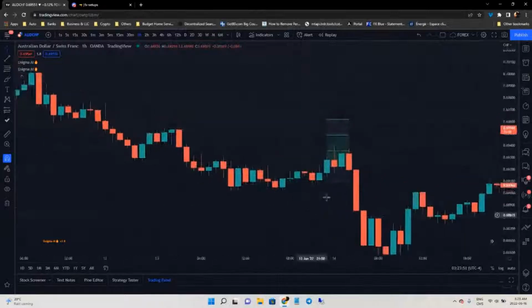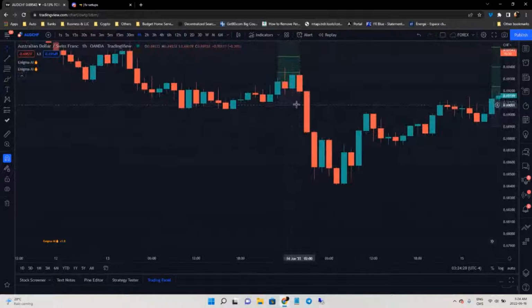So here we went to TP1 and then went back down. And another thing is, not all of the trade ideas that are sent out with Enigma will hit TP3. So you want to make sure that you take at least partial profit on your account to secure the bag, right? In this example here, it went to TP1, came back down, TP1 again, and then would have stopped you out here with your stop loss.